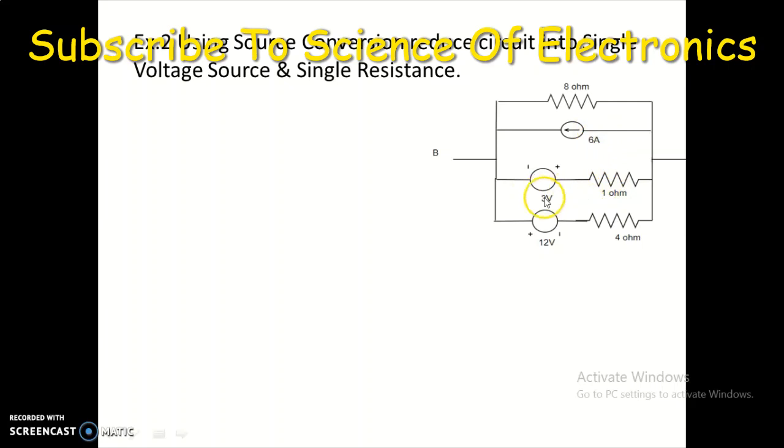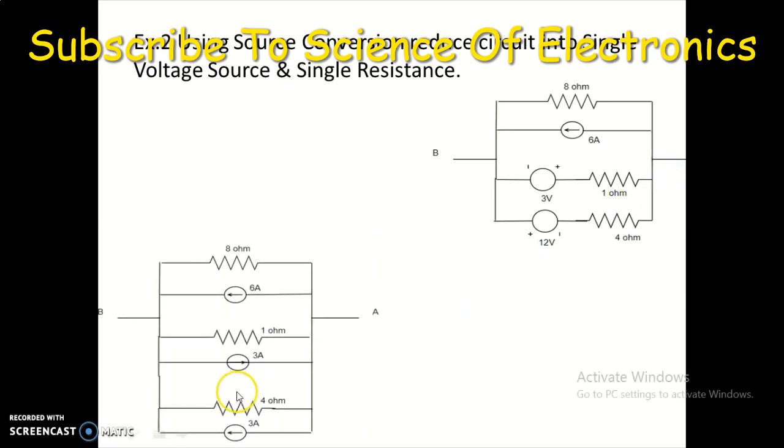So this 3 volt voltage source and 1 ohm resistor can be converted into a current source by using I is equal to V by R, that is 3 by 1, which is 3 ampere, and the positive terminal of the battery indicates the direction towards the right hand side. So this current source can be drawn like this, 3 ampere current, and the direction of current to the right hand side. The positive terminal of the battery indicates the direction of the current. The resistor which was in series with the voltage source goes in parallel with the current source.